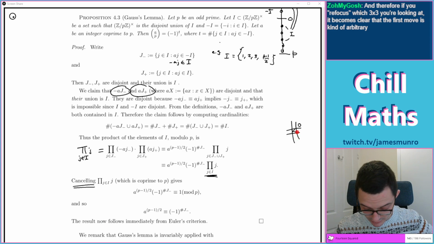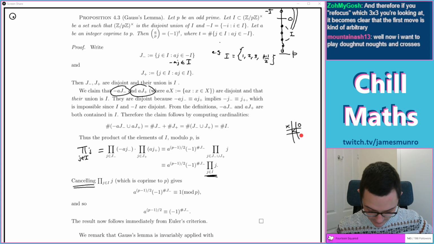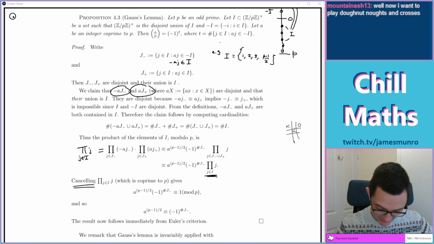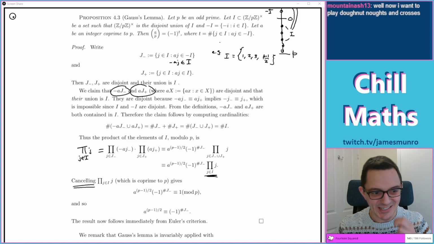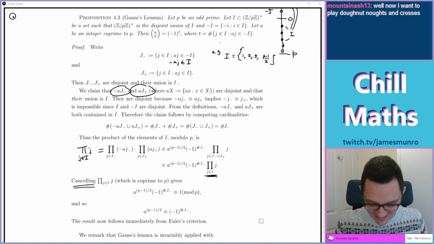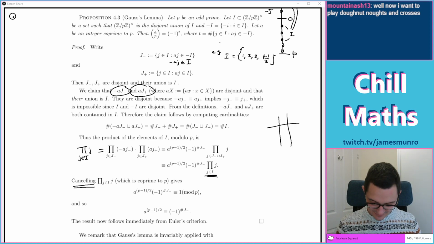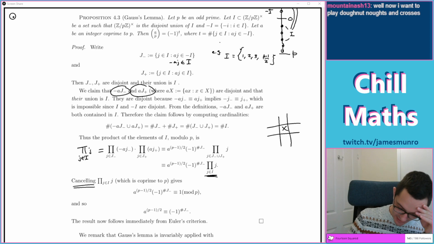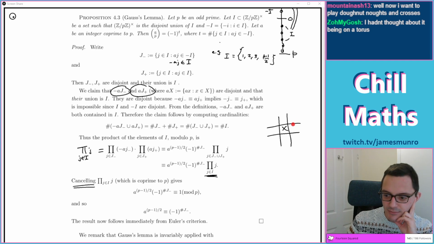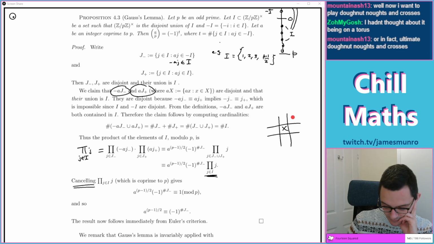What can you do? Oh, you can do something amazing. This move is very powerful, right? No, maybe not. I can't remember how to win noughts and crosses on a torus. What kind of mathematician am I? First move's in the middle, and then does it matter where they go? Maybe it does, maybe it doesn't. There's kind of at most two interesting moves. At most two. And then you can do something like...